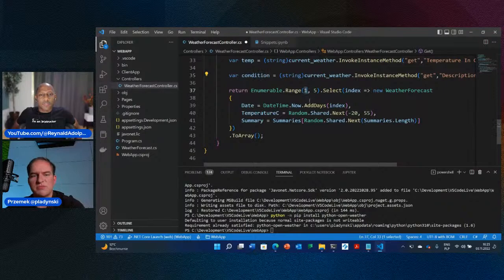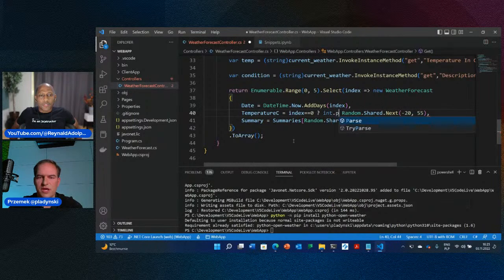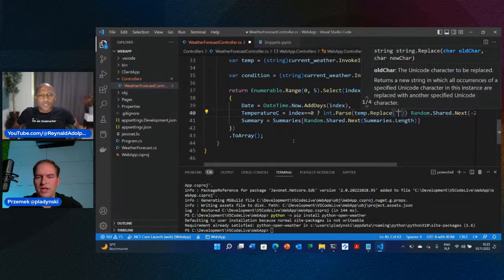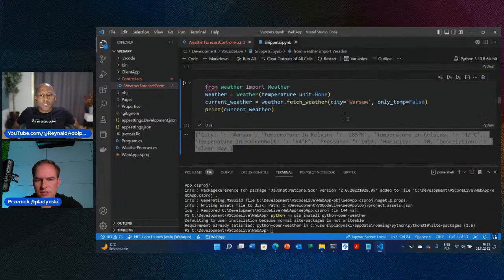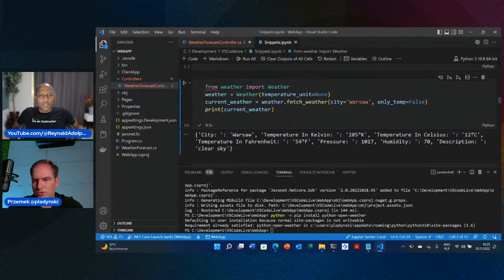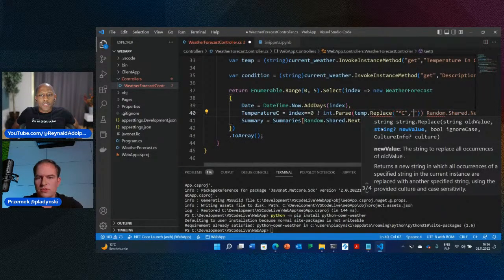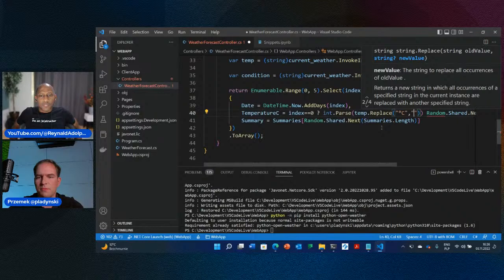So we retrieve these values. And we can now just expand our weather forecast to show also today's weather using the module from our great Python engineers. I need the number here, so I will parse the temperature and replace the Celsius sign, which we don't like to have here, to be able to convert it to a number.